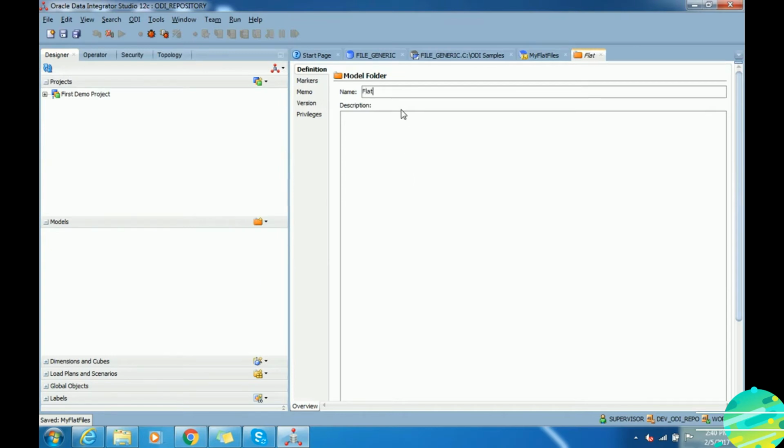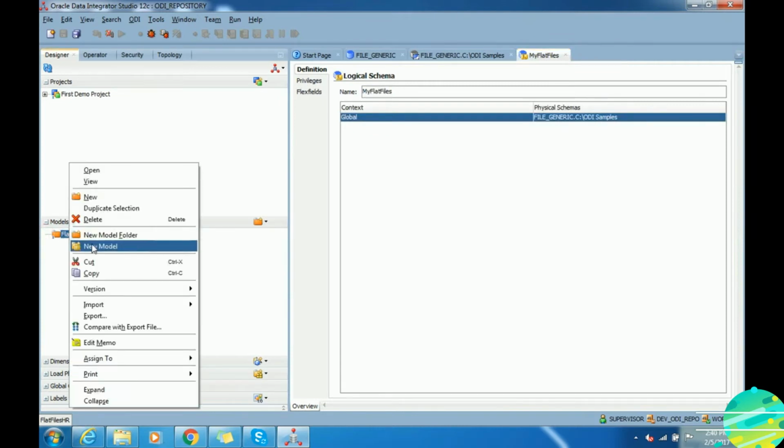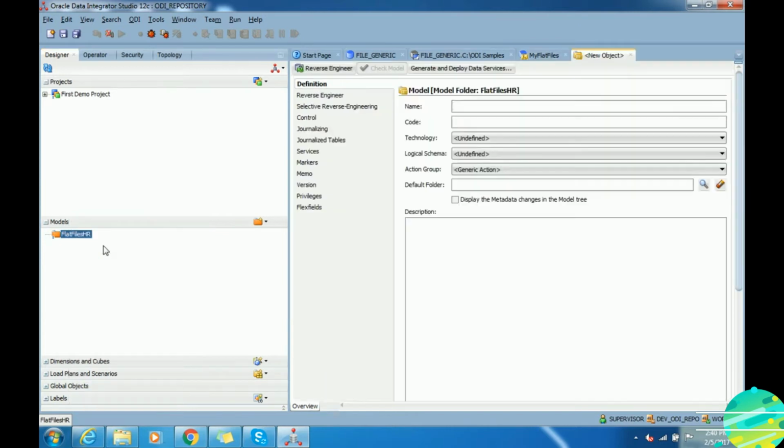Go to the designer, model, and create a new model folder. Save it, and under the model folder we are going to create a new model, and this is where we are going to mention the actual file name.